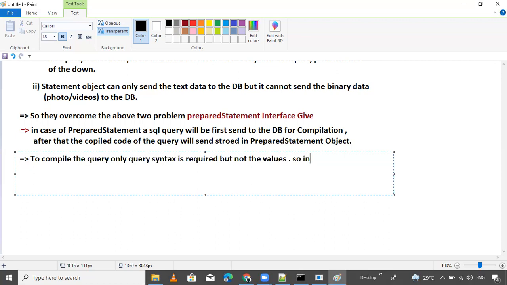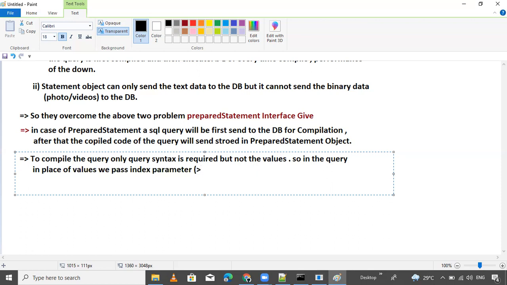So in the query, in place of values, we pass index parameters by using which symbol?